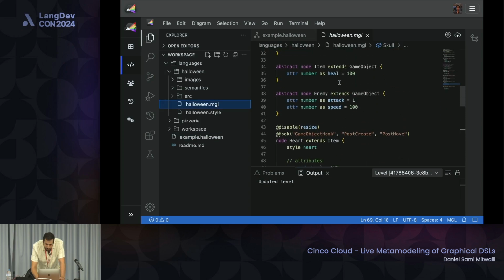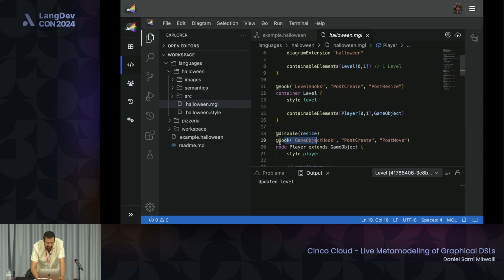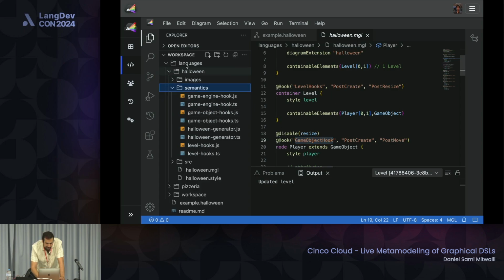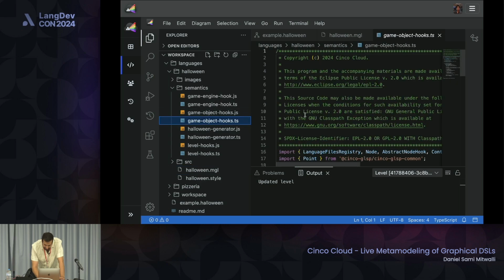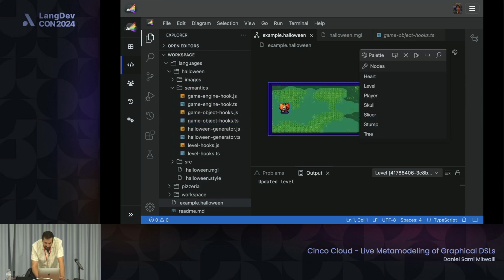And what you may see is we also have an annotation here that is called hook, which references a TypeScript class inside our semantic folder here in the languages folder. Game object hook is called the class. It's just simply to fix the position if a node is created of the type player that is, like in the old games, only placed on one of the tiles. And now if we also create a skull here,